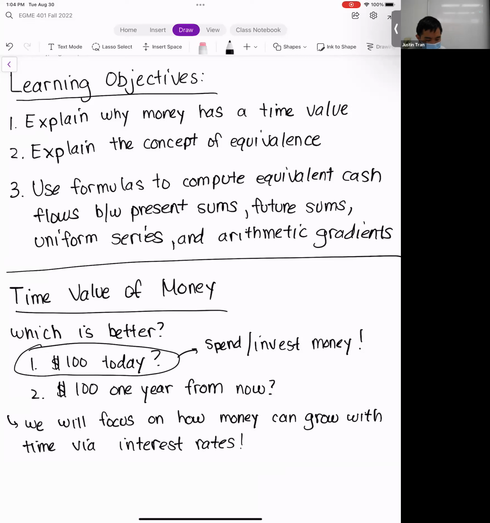This is especially good because after you graduate, a lot of times you're going to work for a company where they're going to have options like this as part of your compensation package. They might give you options for a 401k, a retirement fund. They might give you options to buy stocks in the company.